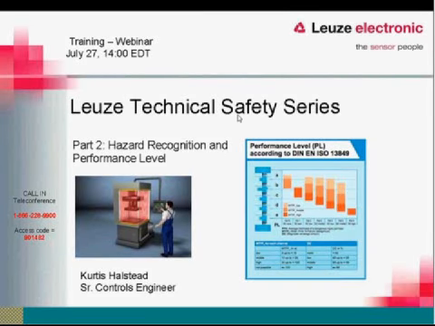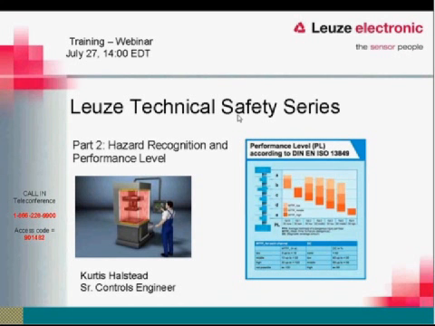So this is going to be part 2 of our weekly webinar series on functional aspects of machine safety. This being part 2, hazard recognition and performance level. Today we're going to talk about some of the ways to find hazards on machines and recognize them. And then once we've identified what those hazards are, how can we determine what performance level we need to safeguard